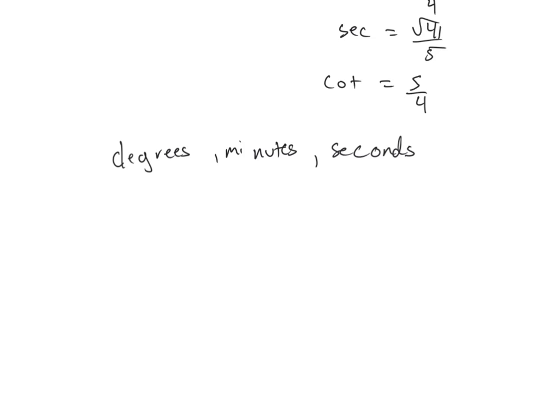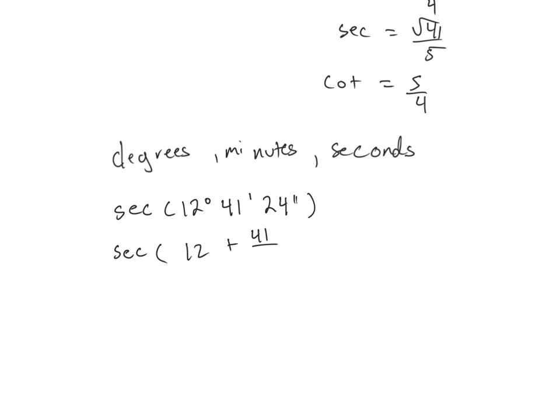So let's say they want us to find the secant of 12 degrees, 41 minutes, and 24 seconds. Well, we could simplify this to say this is the same thing as the secant of 12 plus